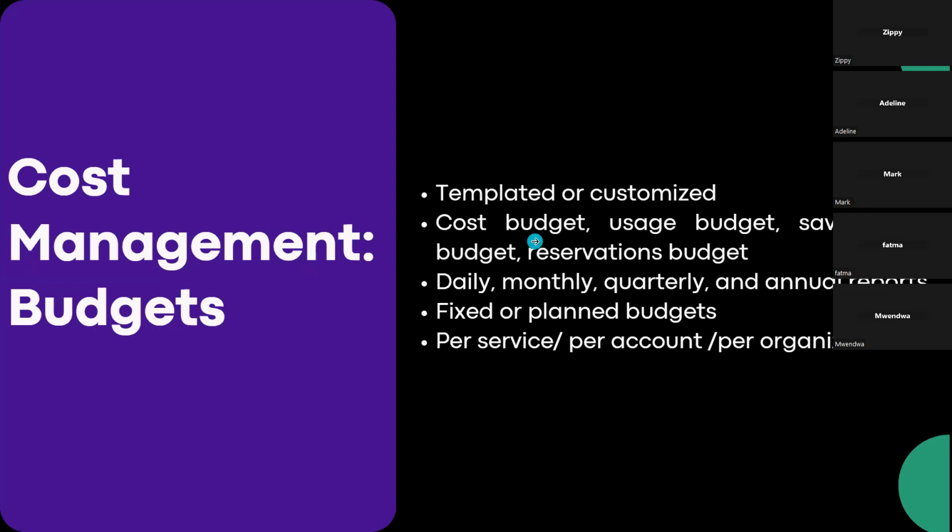But if you do, if you understand exactly what it is that you want to see in your budget, exactly what costs you're looking at, then you can customize that, and then you'd need to feed in the actual data of how much do you want your usage to be evaluated against, what is that amount. So on that, there are different types of budgets that are actually supported. The two most common ones are what we call the cost budget and the usage budget.